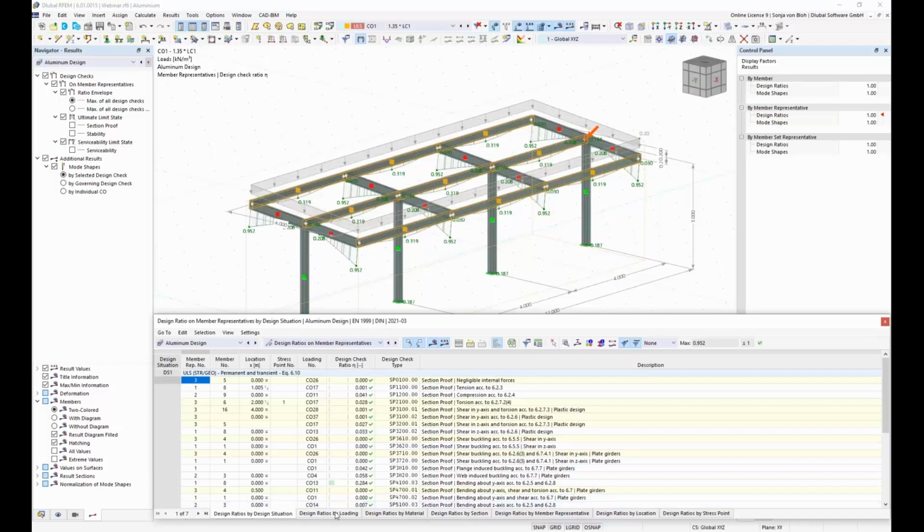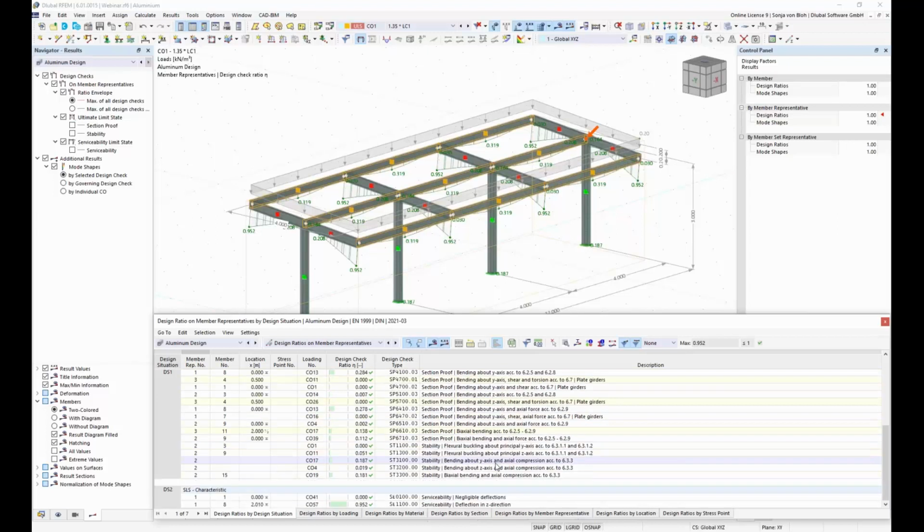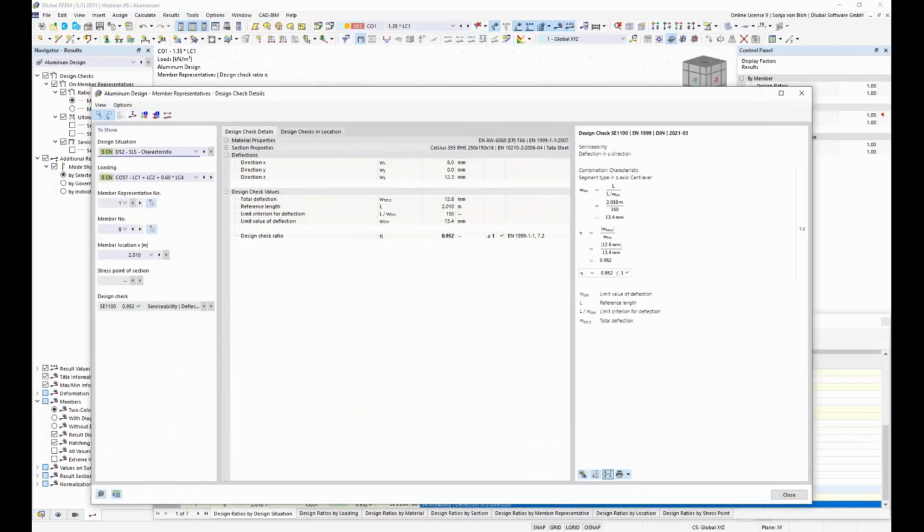You have several tabs, design ratios by design situation or by loading or by material, and you can open the details of the design if you double click on an entry in the table,